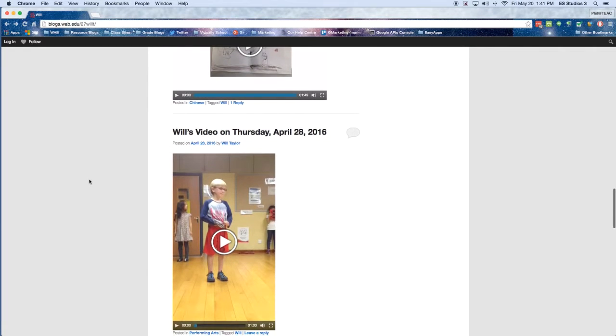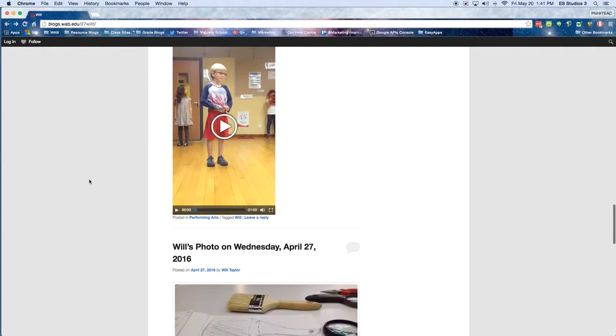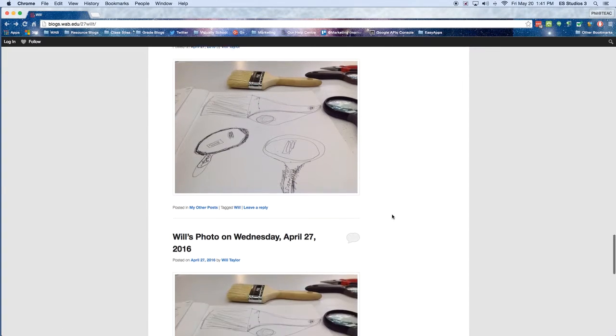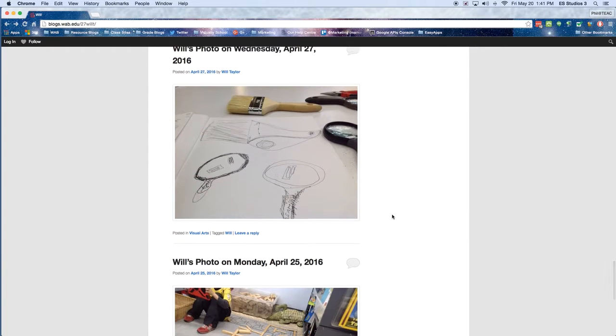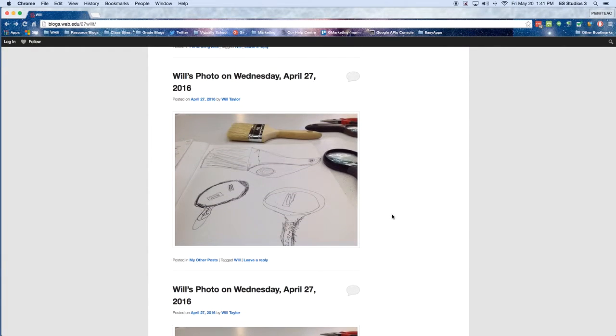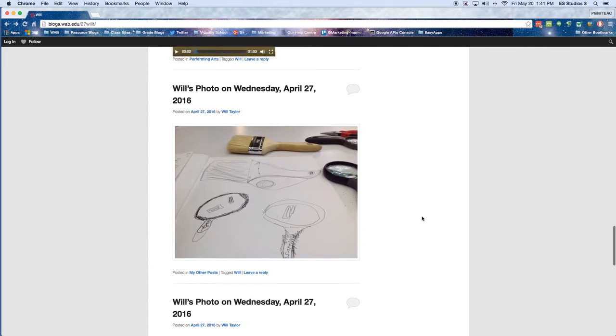Sometimes he will say, I want to put this on my blog. Sometimes, if it's important, like this art reflection, which is very well done. For some reason he's decided he's loved it so much he's put it there twice. But this is probably directed from the art teacher because it would form part of their portfolio. So what we do here is